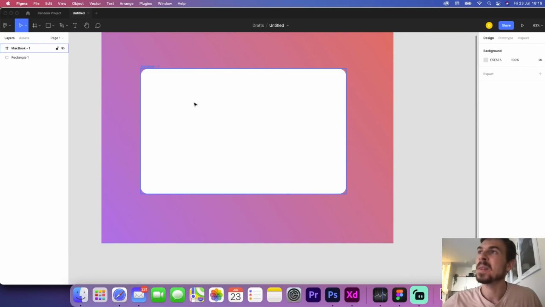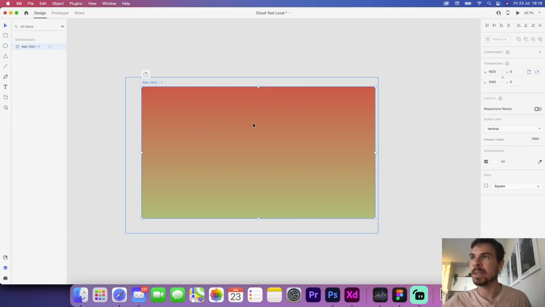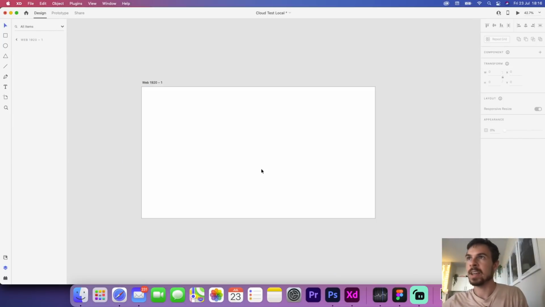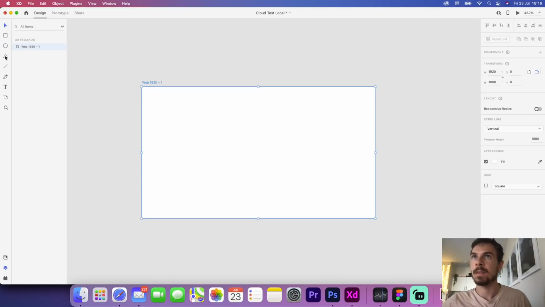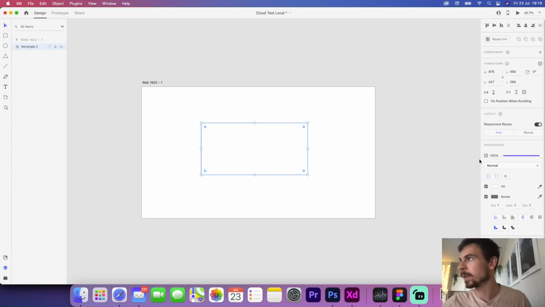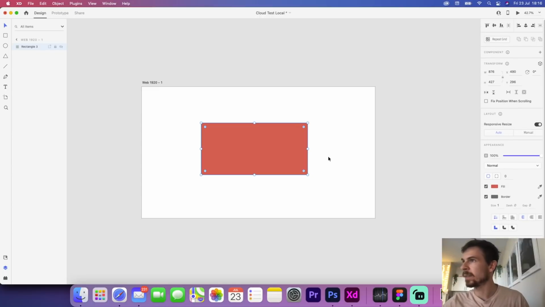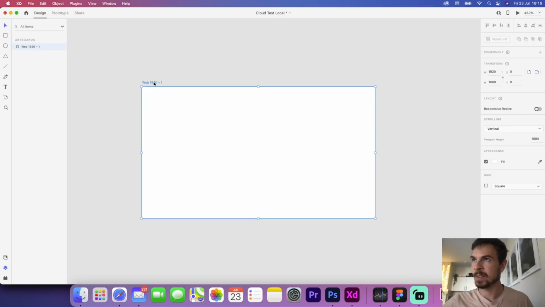Now you'd think that you could just add a rectangle and do it that way, which works, but on rectangles, you cannot add a layout grid. So if I want to show you that very quickly, if I do a rectangle, so imagine this is the artboard, right? This is our website in the middle. There's no way for me to add a grid. Talking about grids as well,